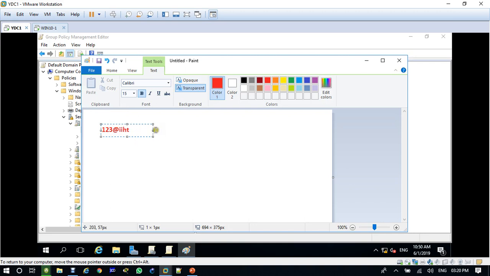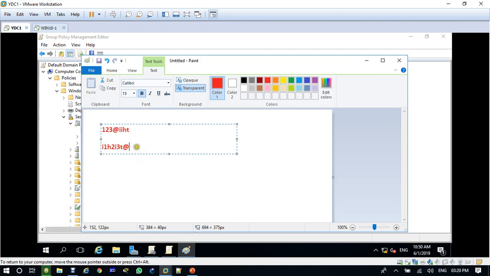If you enable it, the password will be stored in reversible encryption, so it will be stored in your computer scrambled like this, as per reversible encryption.